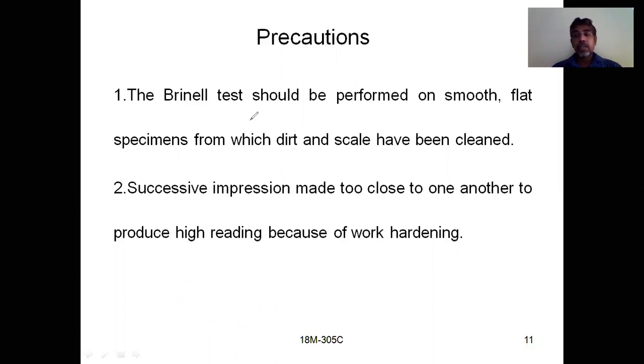And later, when you make more impressions to take the average value, you have to keep in mind that they should not be very close to each other. Otherwise you will get larger values, which leads to wrong interpretation. So we have to maintain some gap from one impression to another to get proper results. These are the precautions we have to take while performing a Brinell hardness test.